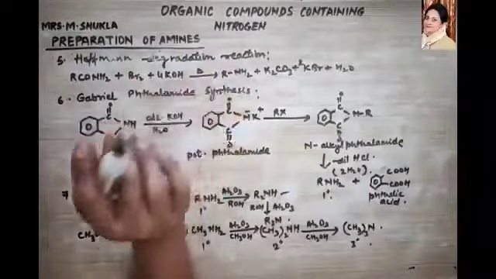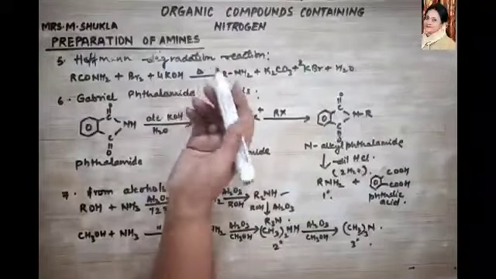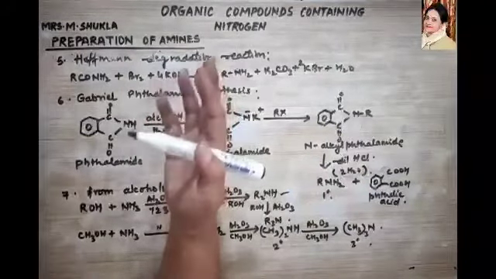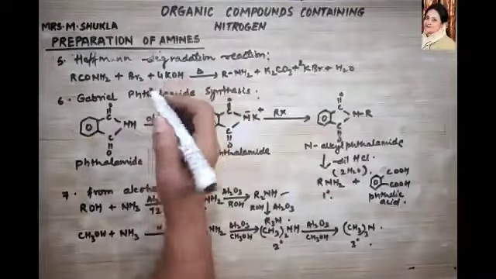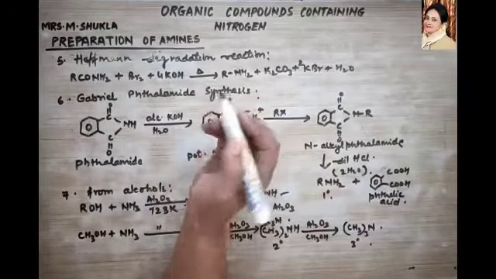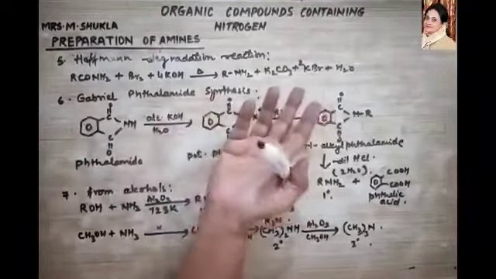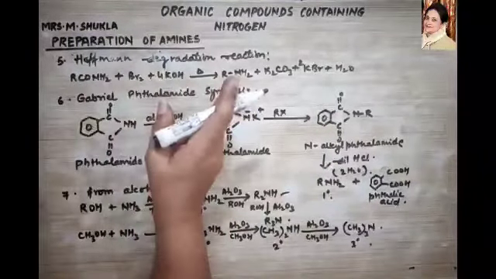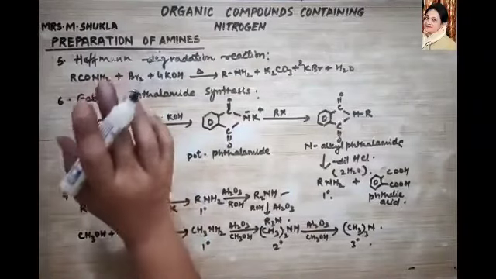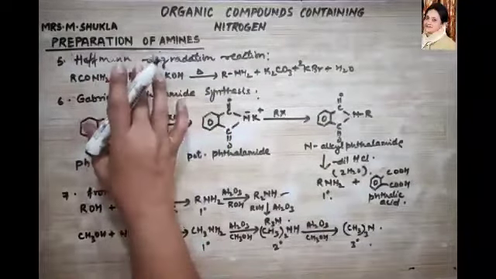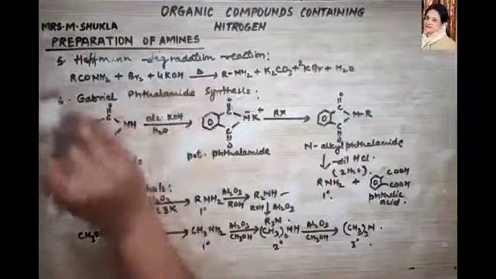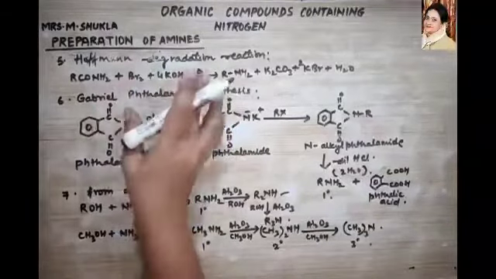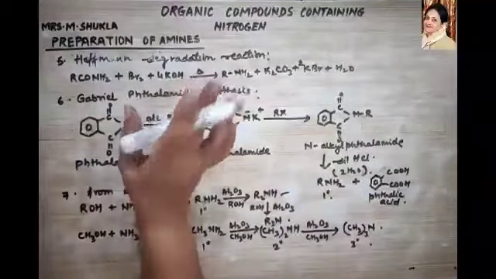But yes, they form hydrogen bonds with the molecules of water. Therefore, they boil at a much lower temperature than primary or secondary amines of comparable molecular weights, because more water molecules get attached to primary and secondary amines than to the tertiary amines. Because hydrogen bonding within the tertiary amine is very less, at lower temperature they easily boil. So almost all the alkyl ammonium chlorides or the lower aliphatic amines are soluble in